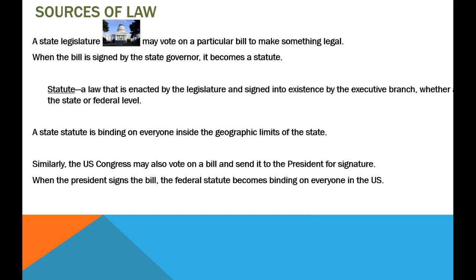Okay, when I have this kind of slide, as it says at the top, it's just like a mini table of contents, and this is coming from your textbook. What we're about to talk about are the three sources of law, which are statutory, case law, and administrative. So I did read that slide to you, but I wanted to explain how this slide works. It tells you what you're about to learn.